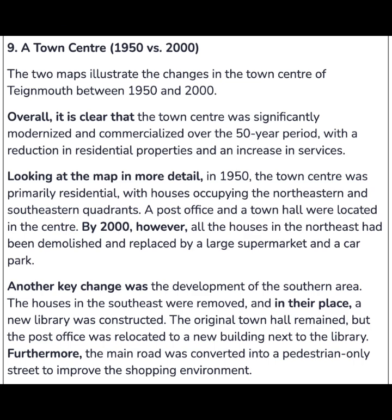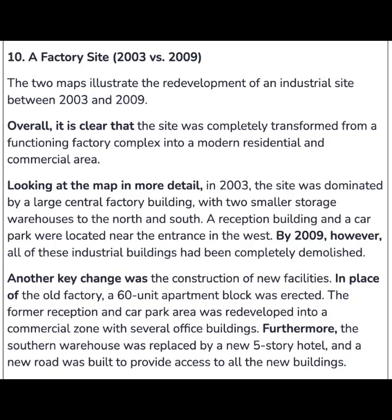10. A factory site, 2003 versus 2009. The two maps illustrate the redevelopment of an industrial site between 2003 and 2009. Overall, it is clear that the site was completely transformed from a functioning factory complex into a modern residential and commercial area. Looking at the map in more detail, in 2003, the site was dominated by a large central factory